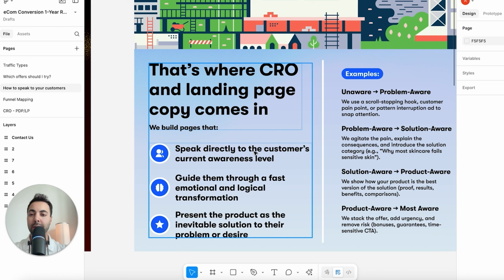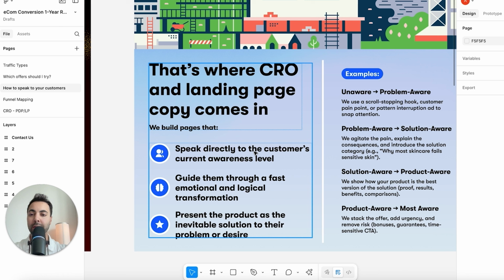And this Figma file, which I'm gonna link in the description, by the way, I've done a few other videos where I go over it. I show the 12-month roadmap for testing landing pages to increase conversions, AOV, LTV, etc. Make sure you go through those videos and the Figma file so you can see how it all ties together and how all of these pieces connect with your offers, traffic types, the type of landing pages you should be testing and when you should be testing them. And now we're getting into the messaging and the angles you should be testing them with.